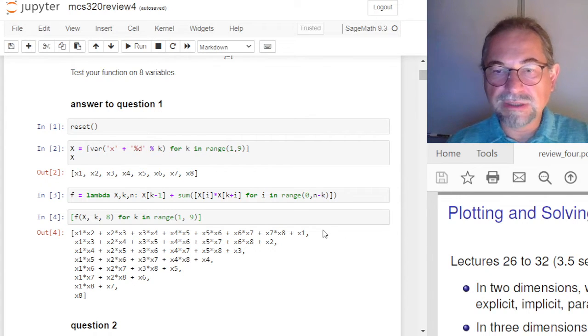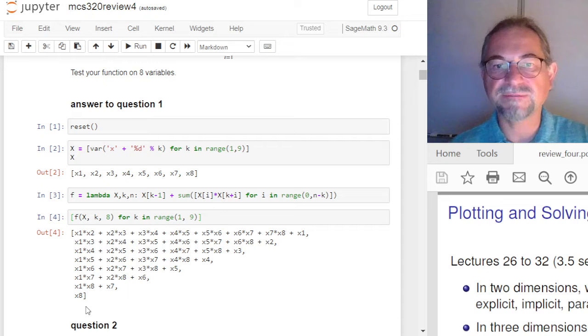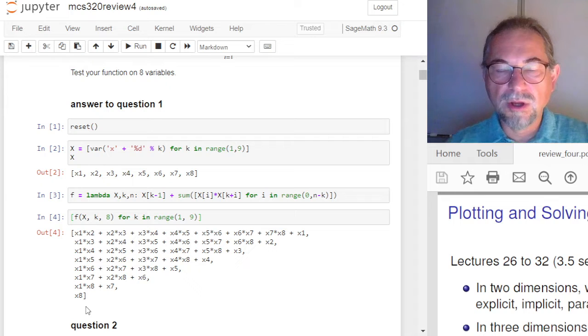Okay, so you can see if you had done this piece by piece and left the sum out, you would have the x1, x2, x3, x4, x5, x6, x7, x8, which is now at the very end, because it's the lowest degree monomial. Okay,